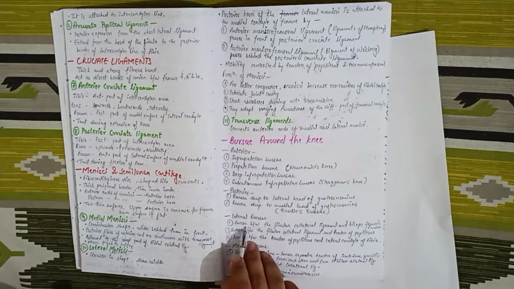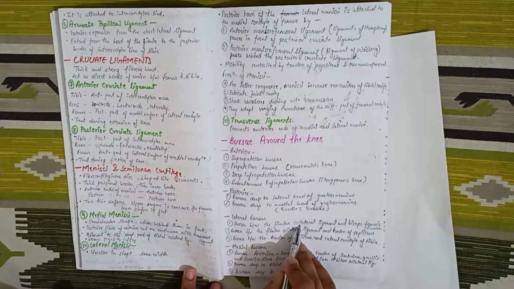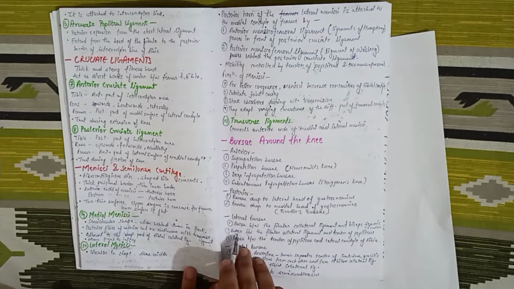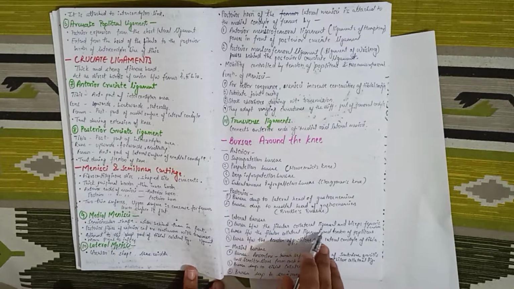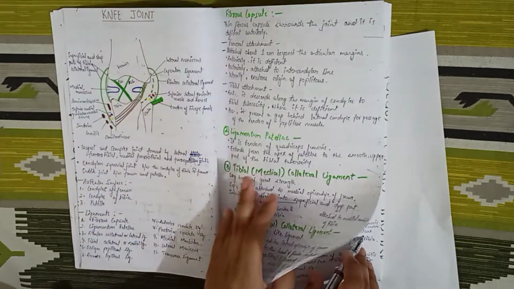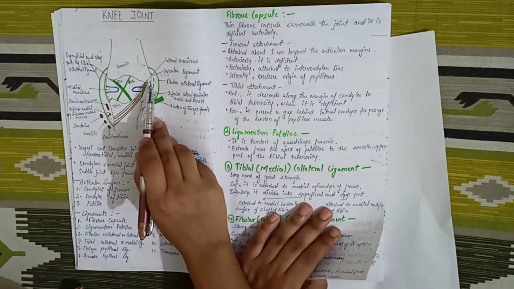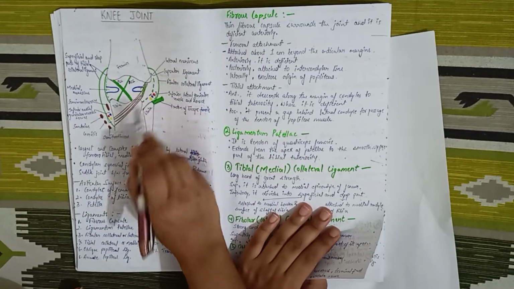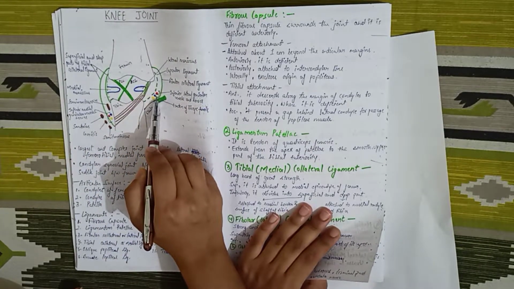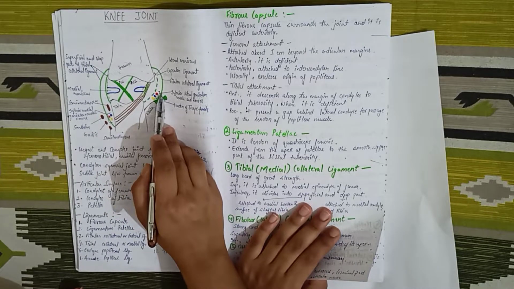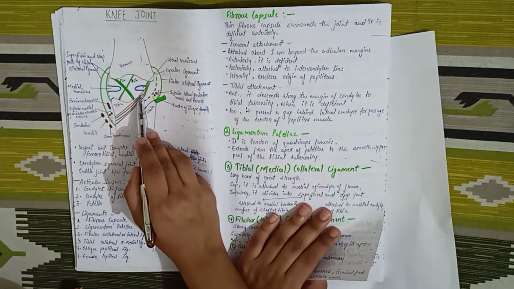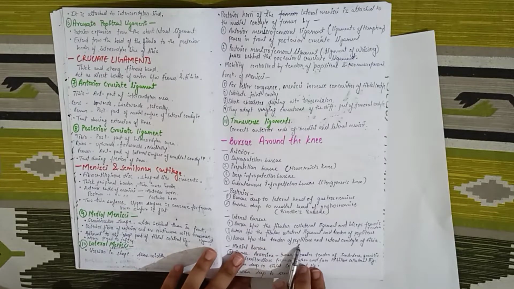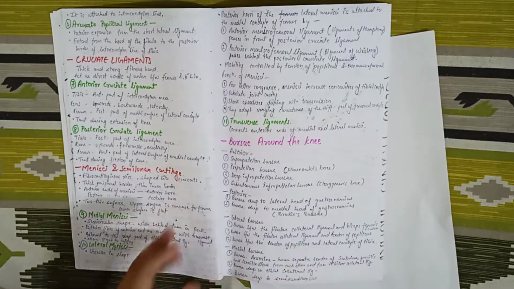Now lateral bursa. The lateral bursa is between the fibular collateral ligament and the biceps femoris tendon. Next is the bursa between the fibular collateral ligament and the tendon of popliteus muscle. Here we can show it like this. This is the tendon of popliteus muscle. So here is one bursa. This is the fibular collateral, this is the tendon of biceps femoris. So one bursa is here, and the third one is here somewhat, which is the bursa between the tendon of popliteus and the lateral condyle of tibia.